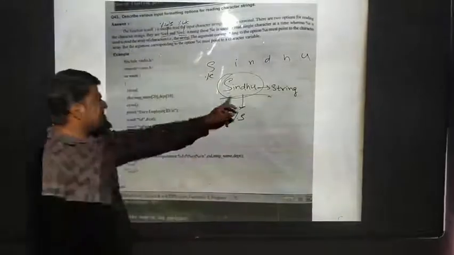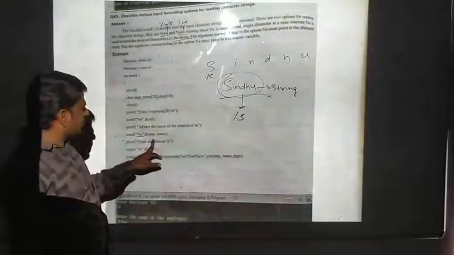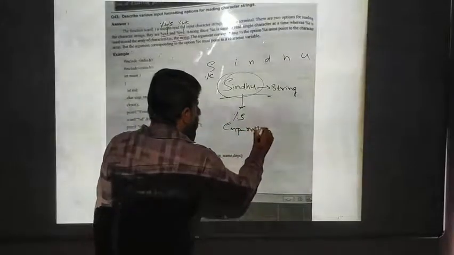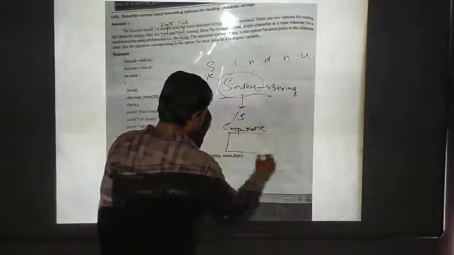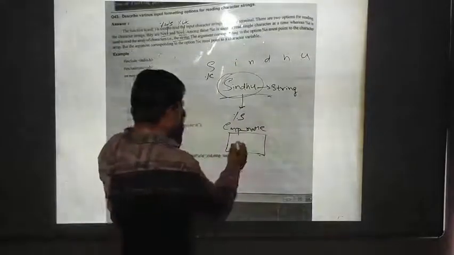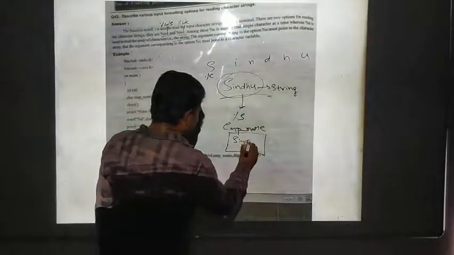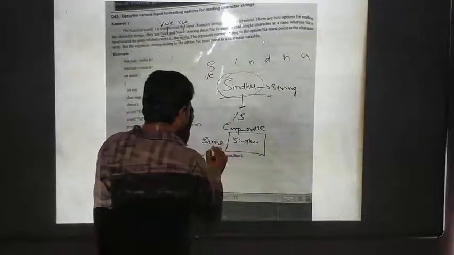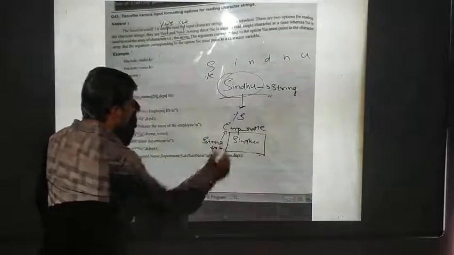If I give Sindhu as the employee name, after that I am reading it with %s and storing that name Sindhu in employee name. Like this, a memory location for employee name will be allocated. In this the name Sindhu will be stored, which is in string form. This is a string form data type.